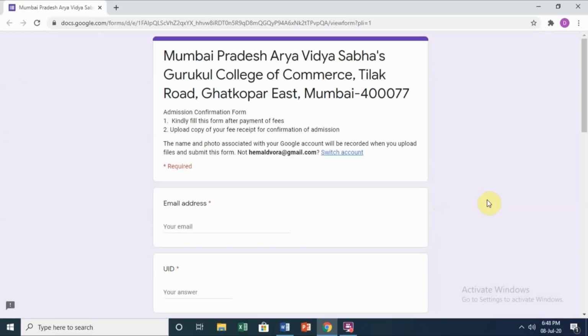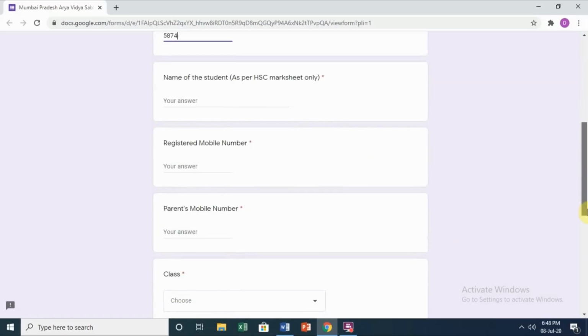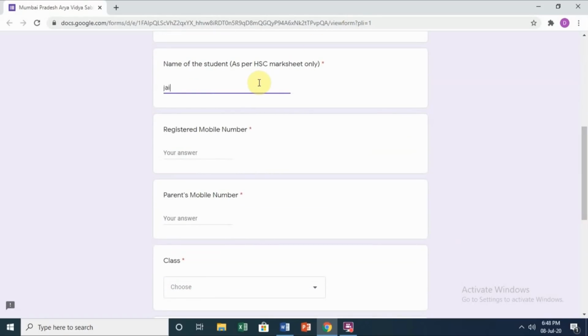You will come to this page wherein you need to fill up your email address, your UID number, your name, your registered mobile number, your parents' mobile number, both have to be different. Choose your class,